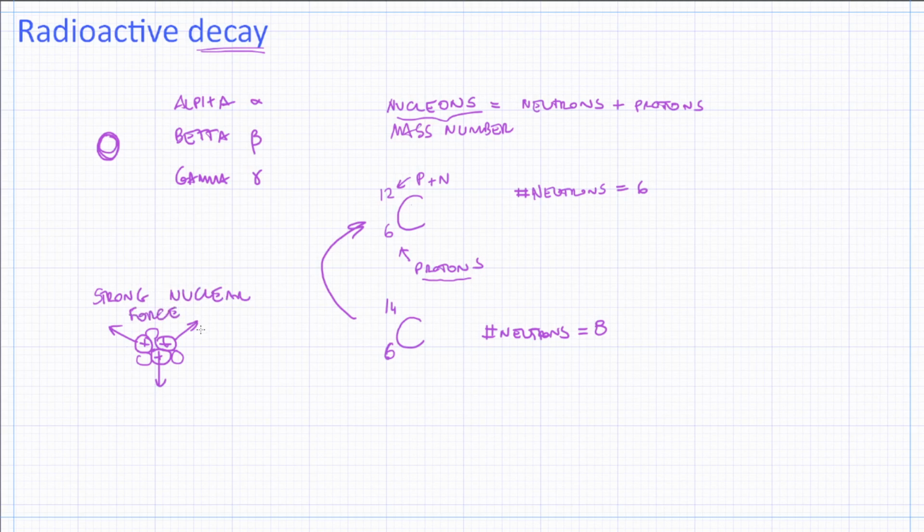Which is one of the four fundamental forces in the universe. So this strong nuclear force is the one that's binding them together. It's stronger than the electrostatic repulsion force. And what we're going to observe is, the smaller our atom, usually the more stable it is. Well, because you've got fewer things to keep together, right? Can you imagine if you're trying to hold several